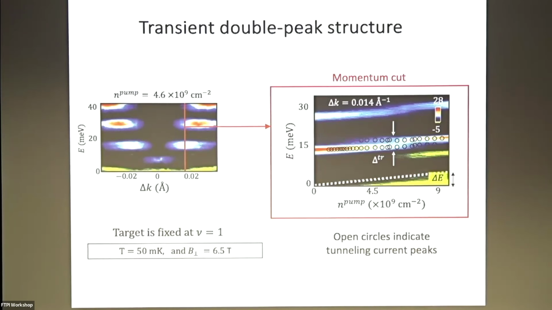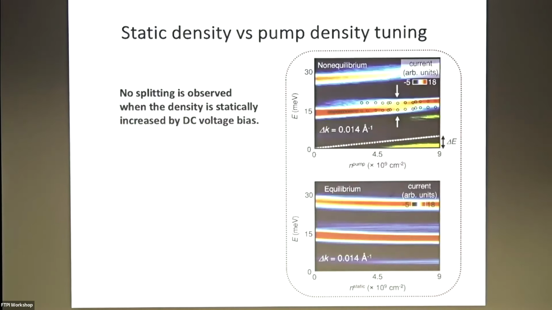And there's an interesting and sort of perplexing transition. When we saw it, we didn't really understand it. As you pump harder and harder, up to about 10 to the 10 electrons being injected into the n equals 1 Landau level, there's a crossover, and there's this funny splitting that you see, and we were puzzled for many months about what that splitting is. I think we understand it with the help of Pavel Hawrylak and his group at University of Ottawa. I think we know what it is, and let me explain what we think it is.